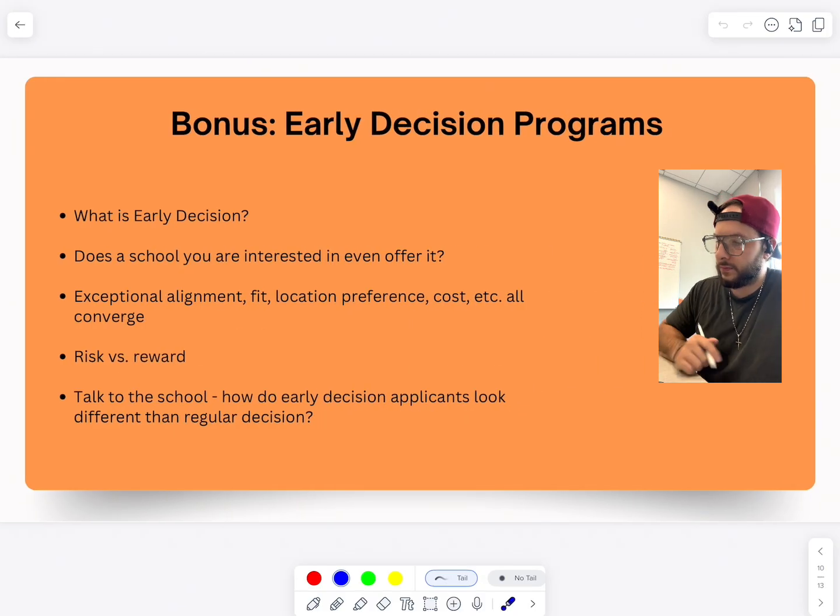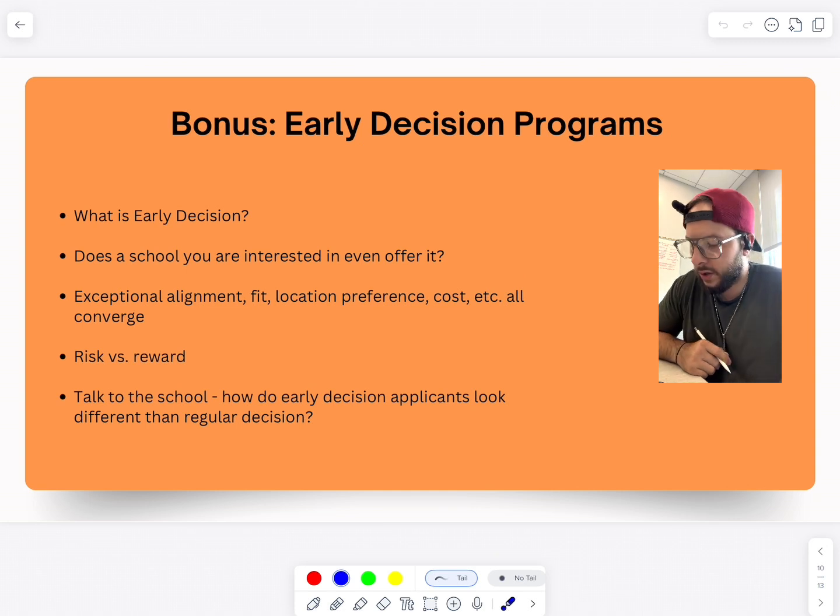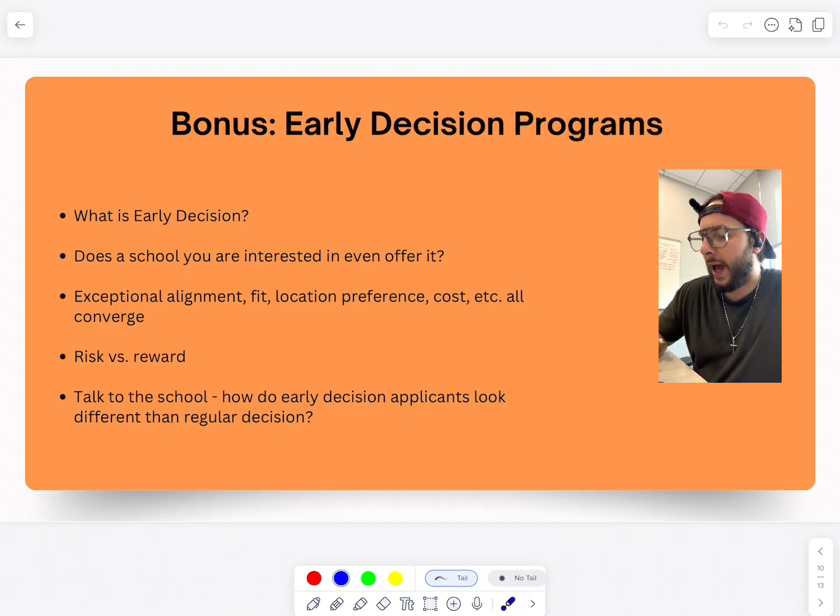Don't waste your money. Now, the little bonus here is a little thing called early decision programs. Now, what is early decision? Early decision is where you apply to only one medical school. And you can only apply to one medical school as part of an early decision program. But what you're saying is, I want to attend this medical school so badly. I am so committed to attending this medical school that I will forgo my other opportunities at other medical schools. I did this. I got accepted into the one school that I applied to, and I attended that medical school.